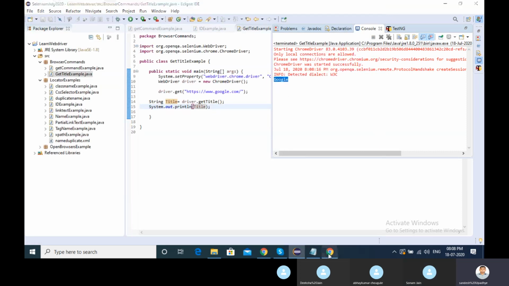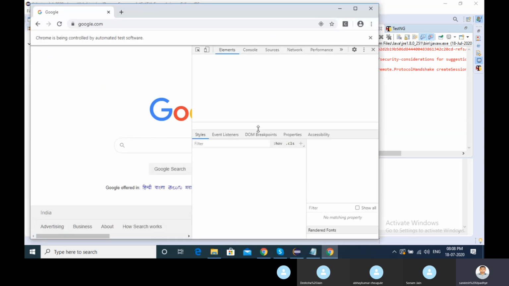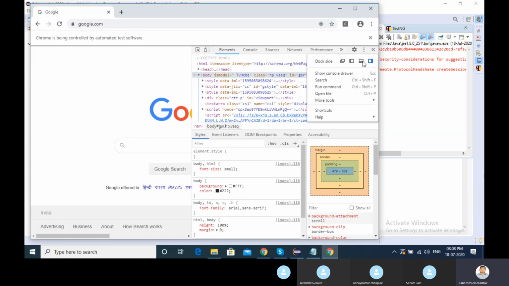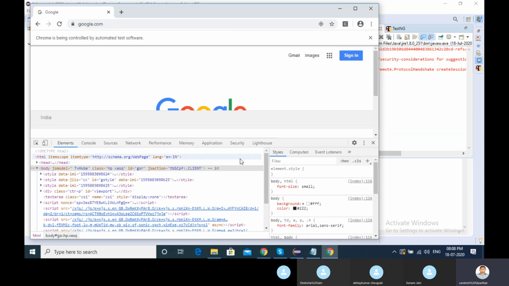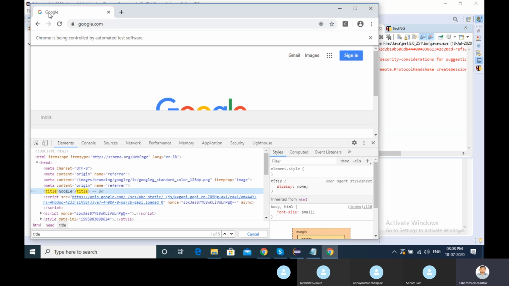Google itself, right? If you see here, the title name is Google. If I go here and search it, you will get the title is Google, correct? And this Google is coming from here.